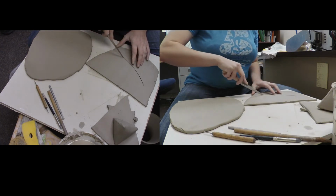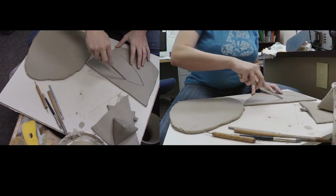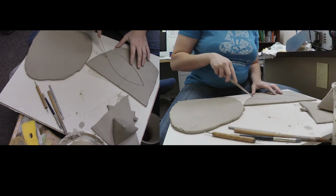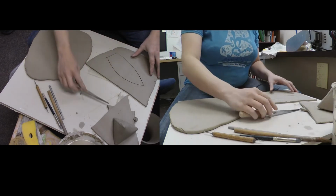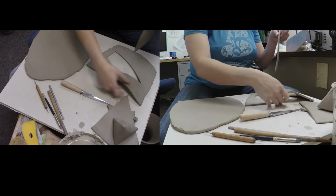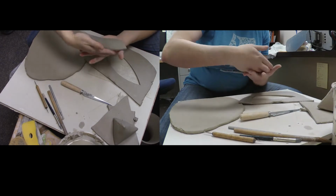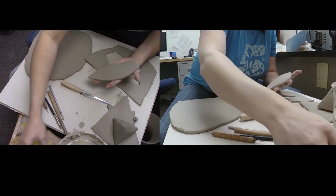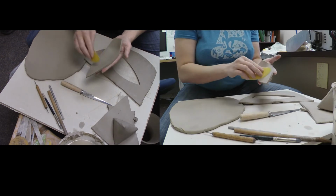a fin of it. This is something a student used this for. They used it to make a fin of a whale. And so they took two pieces that were the same, like this, and they started to push it out, just with a rib, and pushing it against their hand at first, and